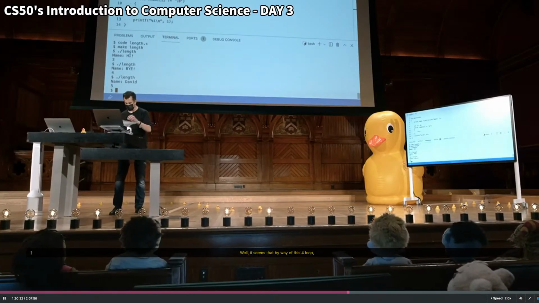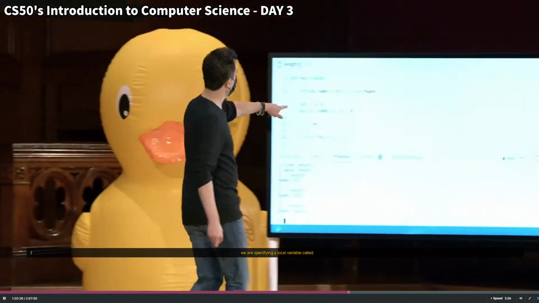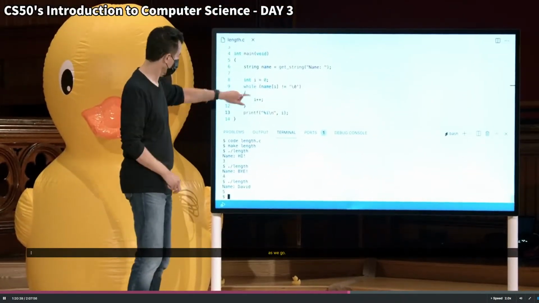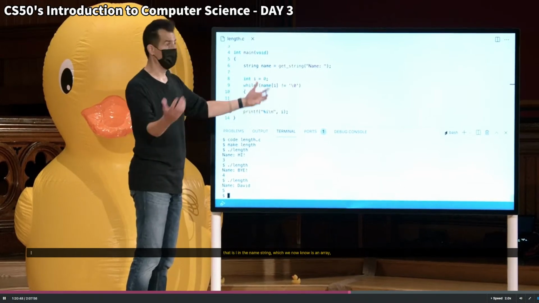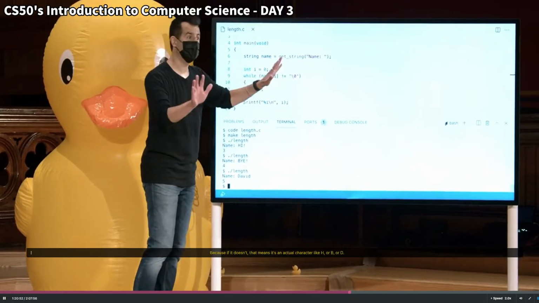So what's actually going on here? Well, it seems that by way of this for loop, we are specifying a local variable called I initialized to 0, because we're figuring out the length of the string as we go. I'm then asking the question, does location 0, that is I, in the name string, which we now know is an array, does it not equal \0? Because if it doesn't, that means it's